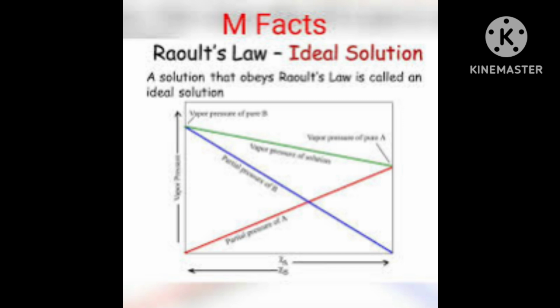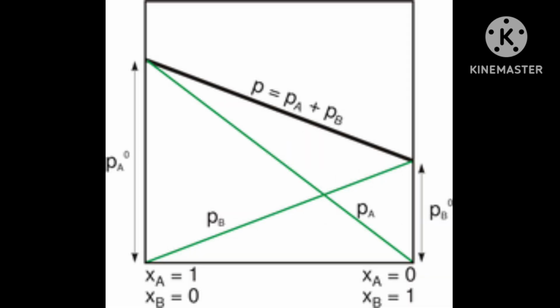The composition of vapor in equilibrium with the solution, because there will be equilibrium between vapor and liquid. The composition of a vapor phase in equilibrium with the solution is determined by the partial pressure of the component. By the knowledge of the partial pressure of the component, we can know the composition of the vapor phase in equilibrium